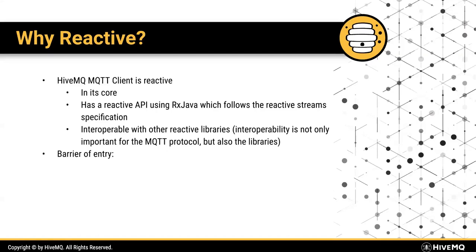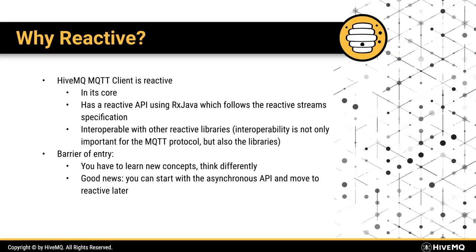The downside of reactive is that it has new concepts. You have to think differently. It is not the normal control flow oriented way of programming. It is more data flow oriented. It's really about the data. That's why it's such a good fit for MQTT and IoT, because the data is what is really meaningful, and reactive really puts the emphasis on the data.